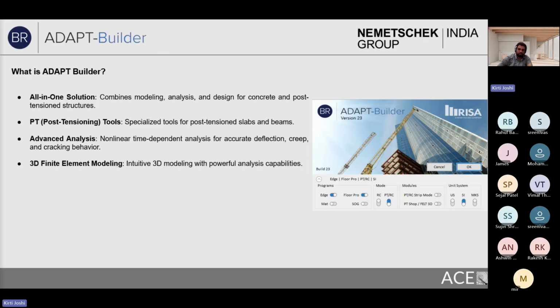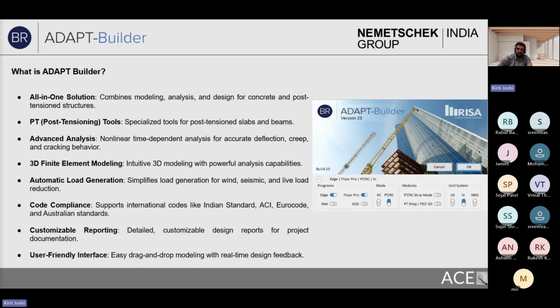So that was about the Adapt PTRC, but we'll also discuss quickly the Adapt Builder. Adapt PTRC is 2D, but the Adapt Builder is 3D modeling and analysis software focused on the design of an entire concrete structure. We discussed that PTRC mainly works for the beams and the slab, but this